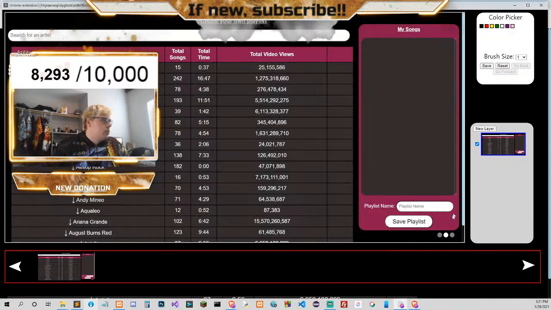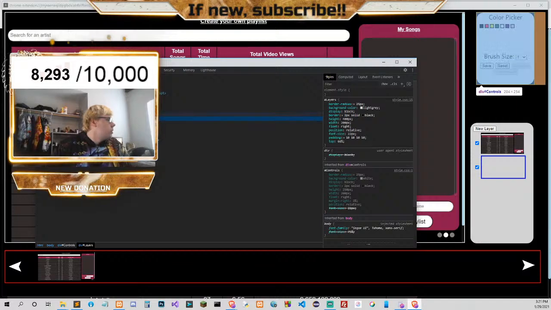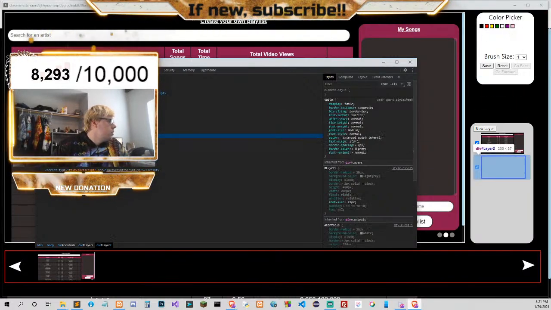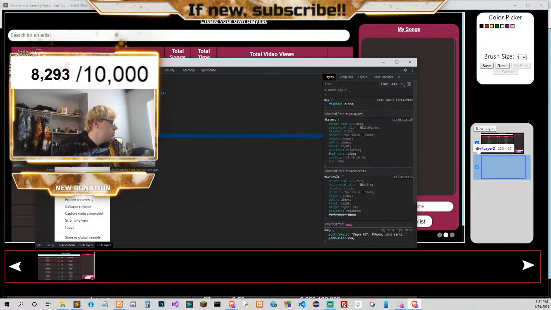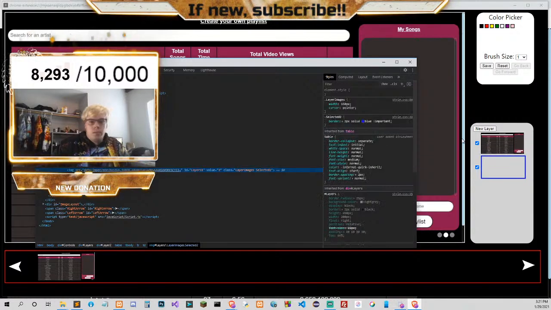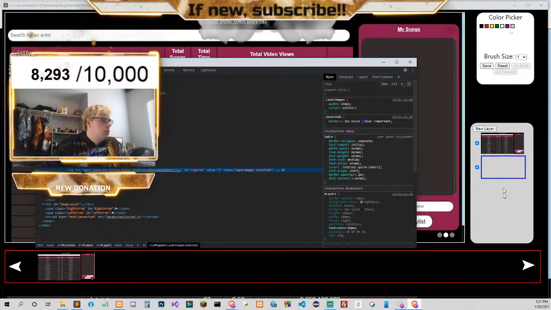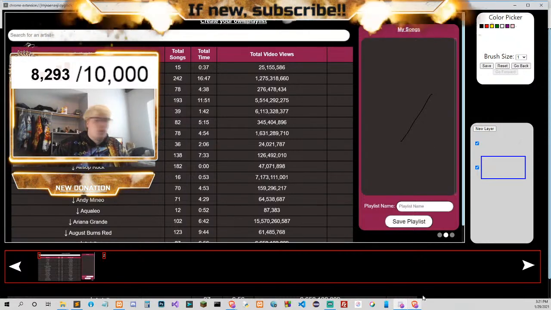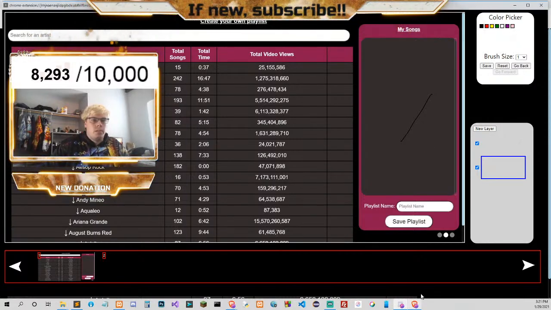So, let me do this. New layer. Let's look at this. Layers. Let's see, is there a way to auto expand? Layer 2. So now, if I draw, it should have drawn on layer 2.